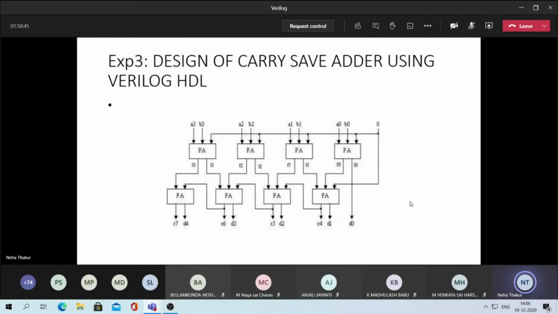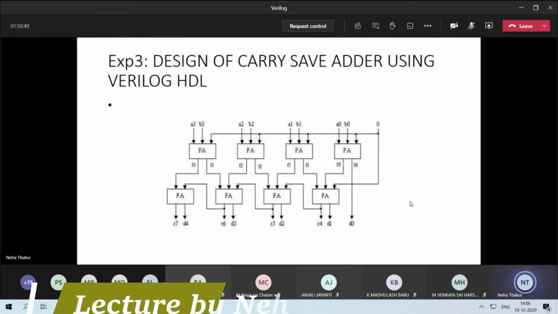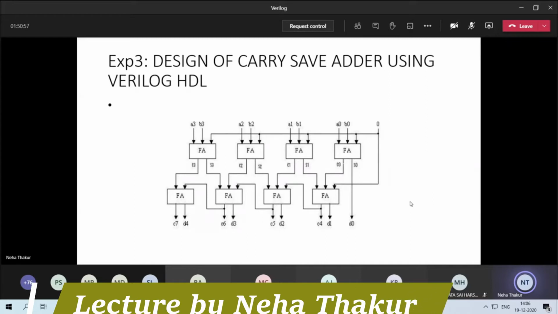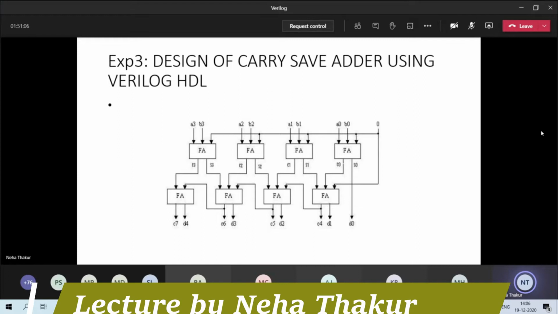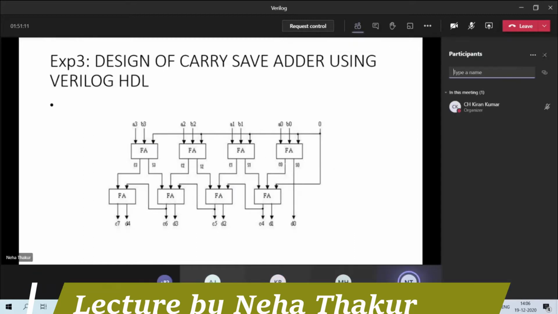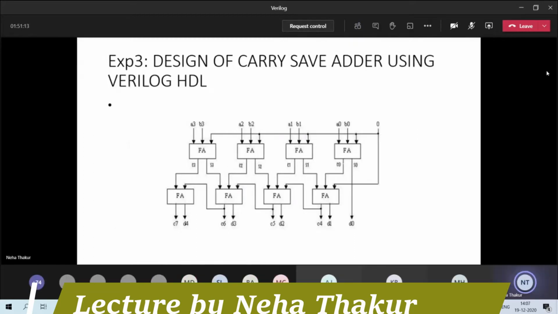Now today I am going to tell about carry save adder. So first of all, we should know what is the exact difference between all the types of adders. These will not be helpful only for your lab purpose. It will be helpful for your theory also, like in your VLSI subject. These adders are there in your syllabus in Unit 4 Subsystem Design. So if you learn the concept here, it will be helpful there also.